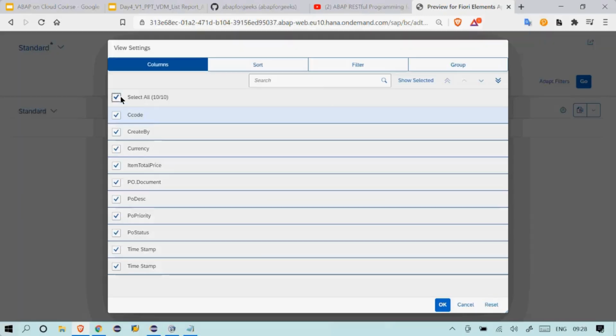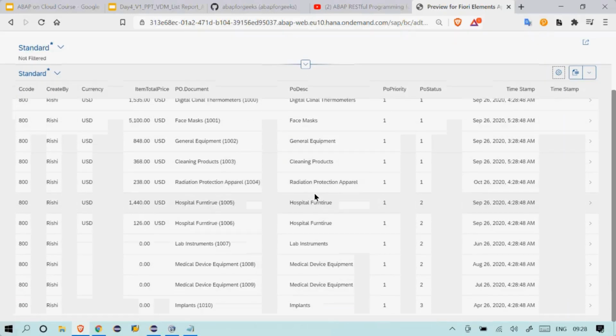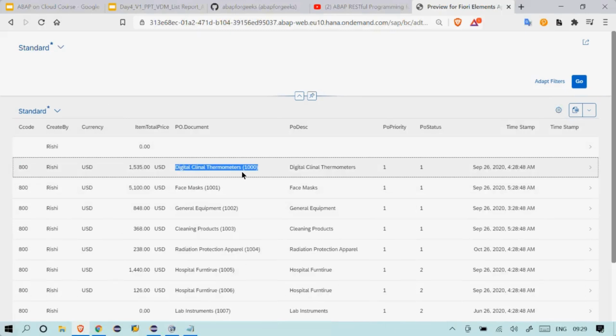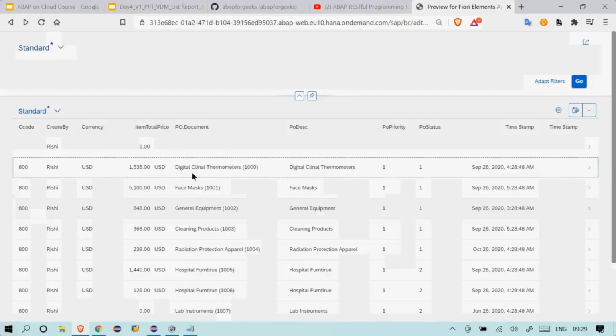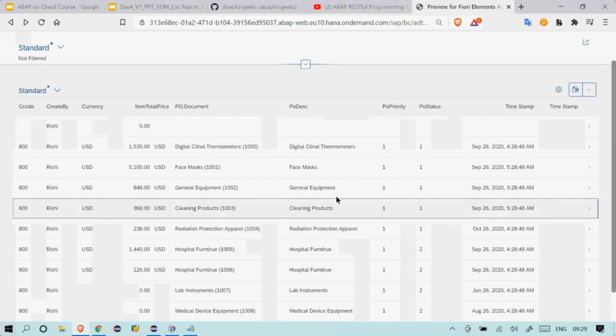These are all the fields which are available in that CDS view. You can select all, and you get all the data. This is how you get the information. But this is just to show that data is being fetched. And if you see the PO document, you are getting both of them in a single column. If you navigate, we haven't done anything in the object page. It's just in the main page. We haven't done any annotation to show in this particular object page. That we are going to see next week.